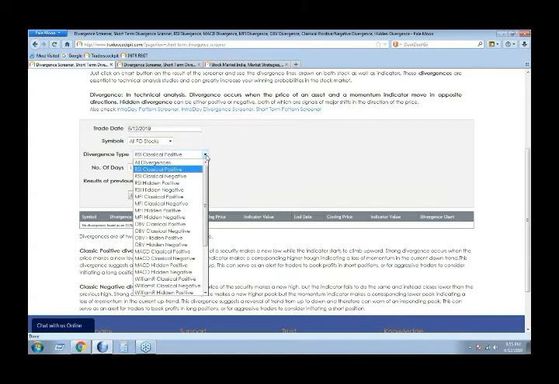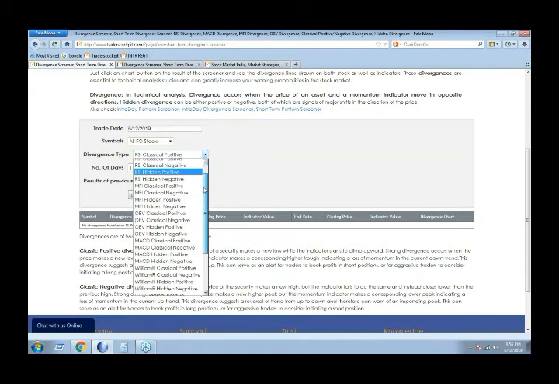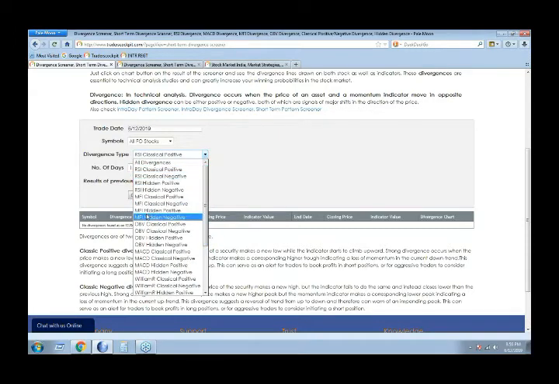But assuming that you have an idea about how a divergence works, here you can scan for either classical positive or classical negative, similarly hidden positive or hidden negative divergence, and that also across the prominent indicators like RSI, MFI, OBV or MACD. For all these four parameters, RSI, MFI, OBV and MACD, both classical and hidden divergence screening options are available here. Now let me just take a case.